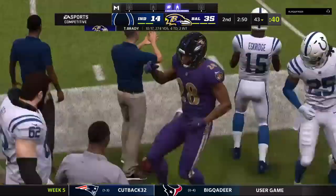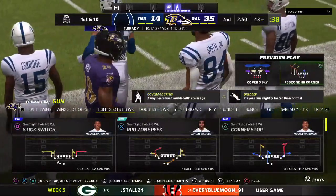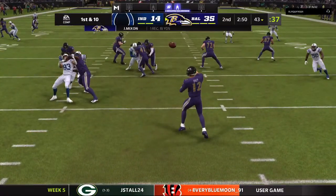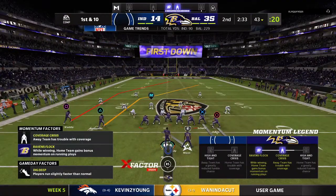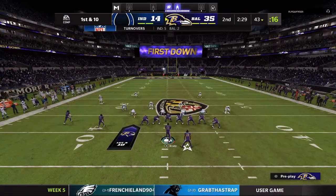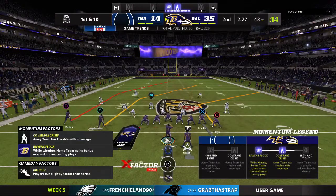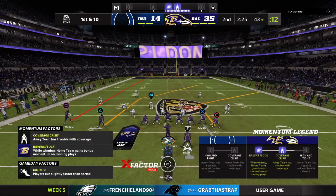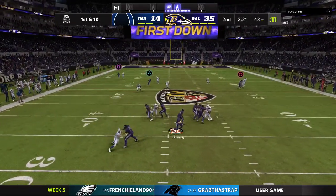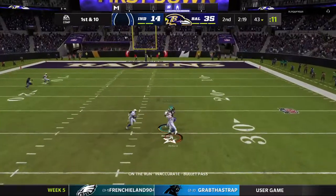He gets this in the hands of Mixon. And past the 40 before he's out of bounds. And now with that completion, he's north of 200 yards here in the first half. And he's going to break our statistician, Marvin, isn't he? Because Marvin right now is just tallying it up. Hope his hand doesn't hurt too much or keeps hitting the calculator. But my goodness, what a start he is off to. By the end of this game, he could have...